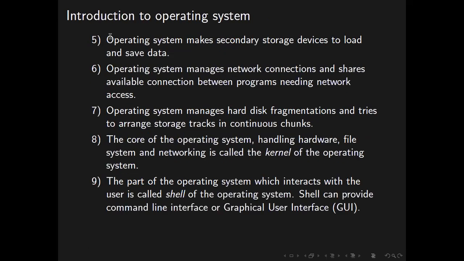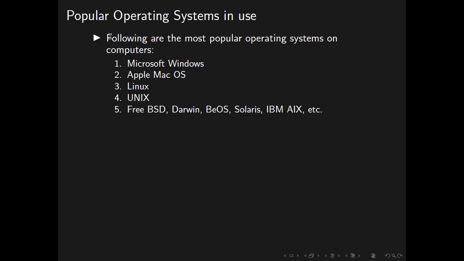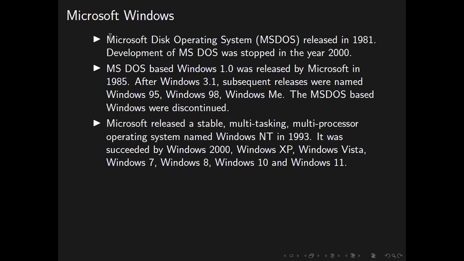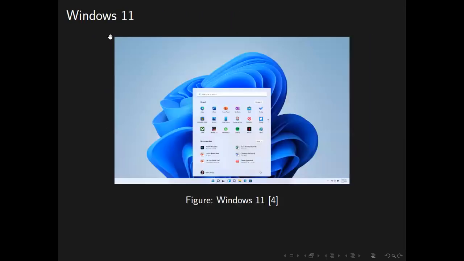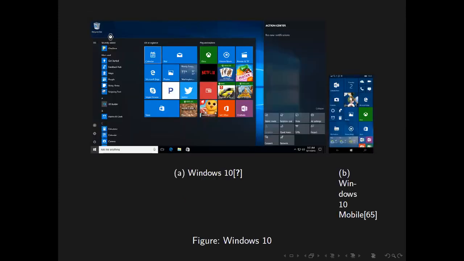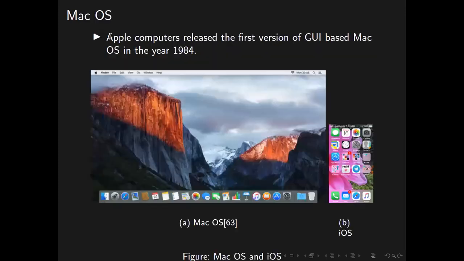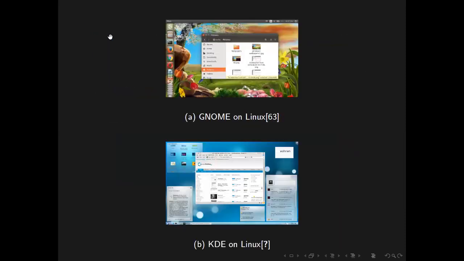Software, types of software, system software, operating system. Have we covered the operating system? Windows 11, Windows 10, Mac OS, then Linux operating system. The Ubuntu operating system we use, and the other one is called KDE, K Desktop Environment. It's a different desktop environment, but it's built upon the same Linux operating system.